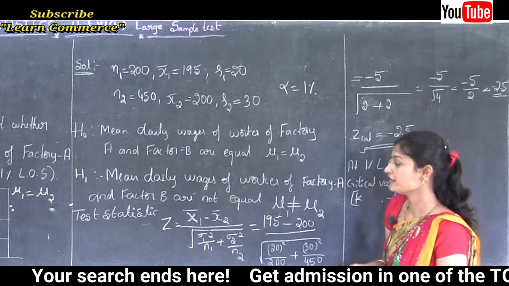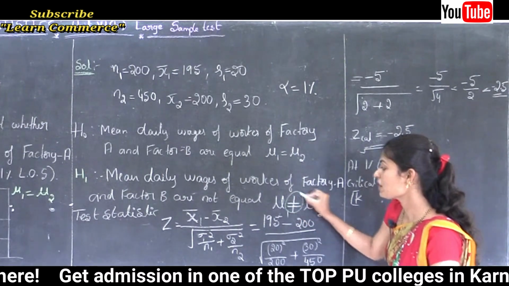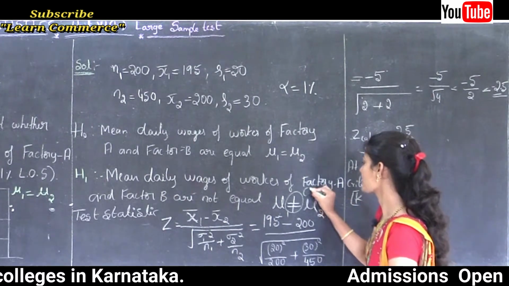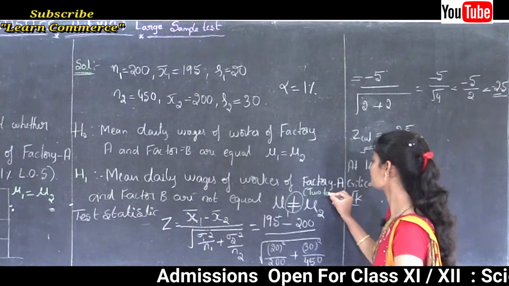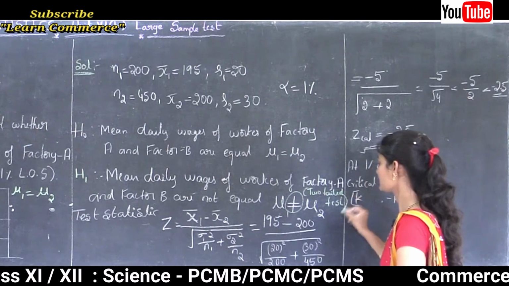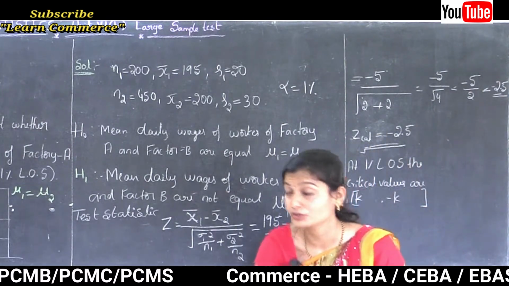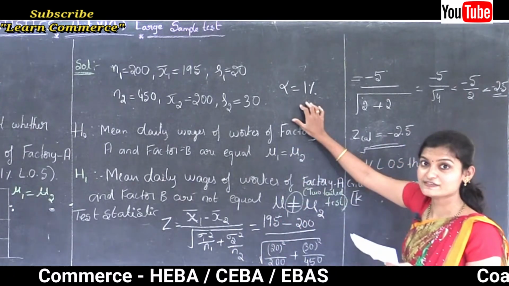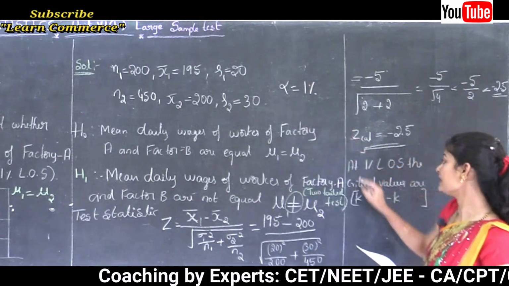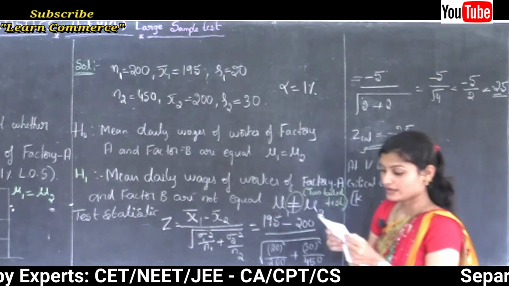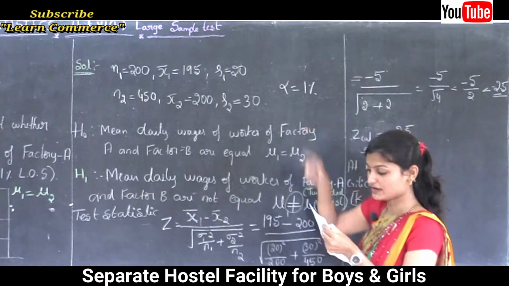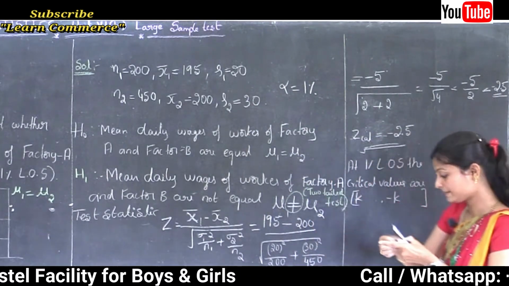See, here the alternative hypothesis is of the not equal to type. If it is not equal to type, then it is a two-tailed test. Yes, two-tailed test. Okay, in this case, how do we find the critical value if alpha is 1%? See, this is a two-tailed test, and here alpha is 1%. So the k values are